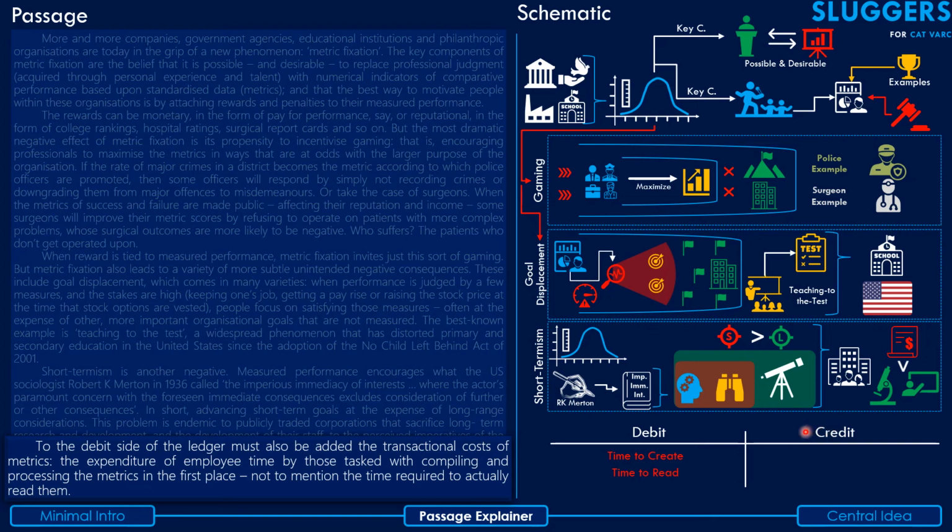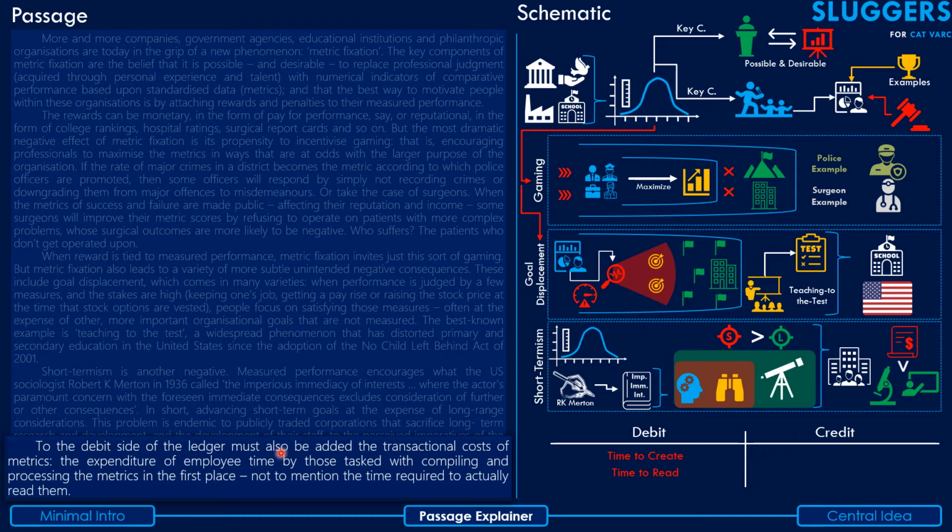And first of all, please don't take the definitions of debit and credit which I'm providing you here out of context. These are not accurate financial definitions of these terms. I'm just trying to use these makeshift definitions to help you understand the passage. Okay, so on the debit side he has put the resources which have been involved in creating the metric system, in creating the reports, and on the credit side is basically the outcome of that, right?